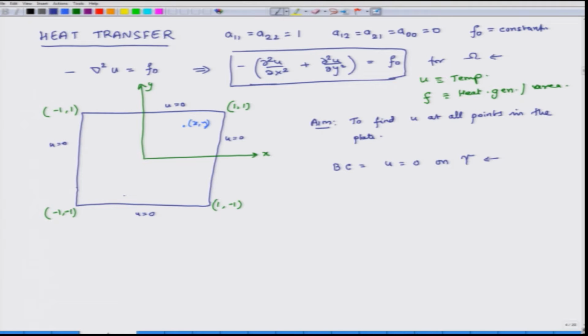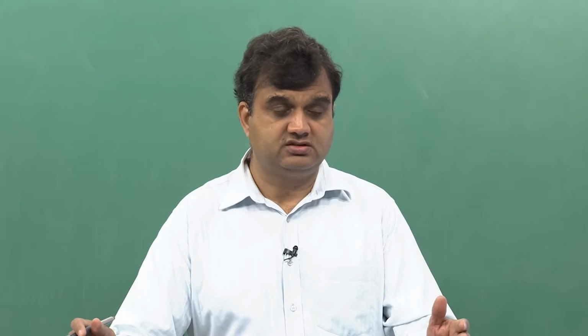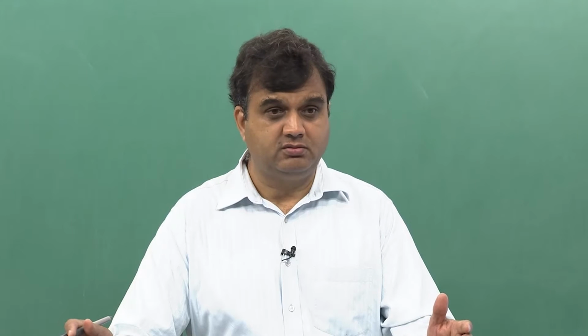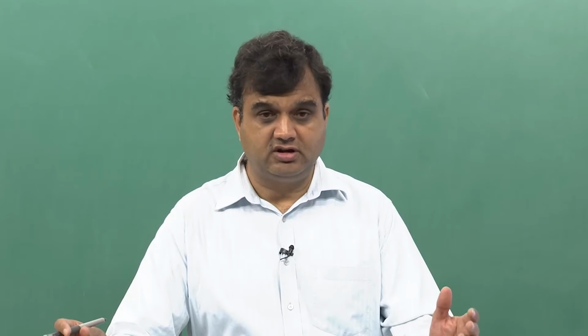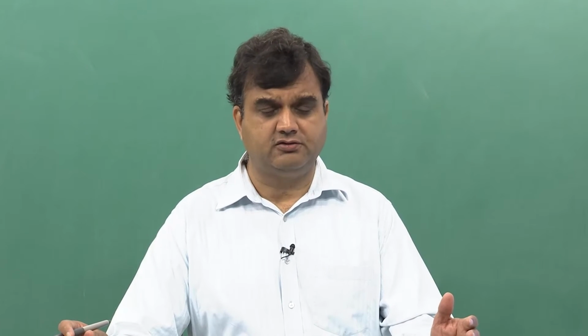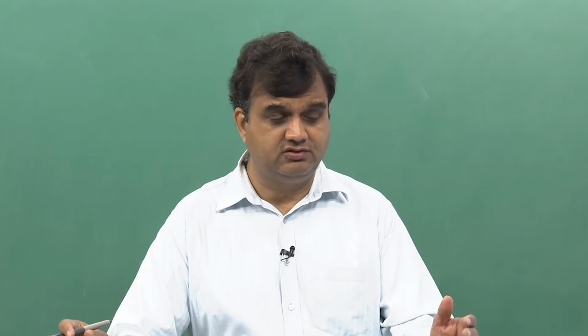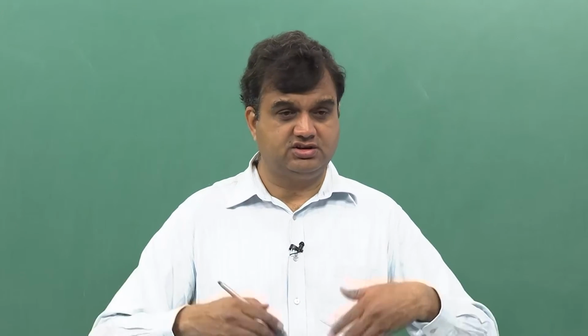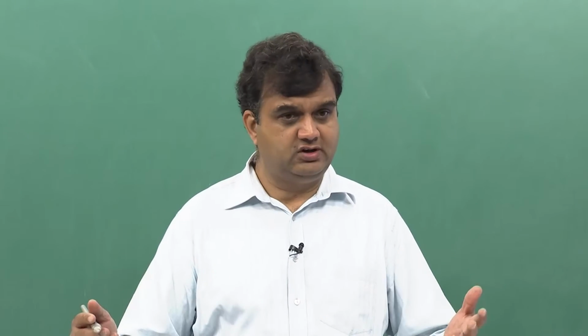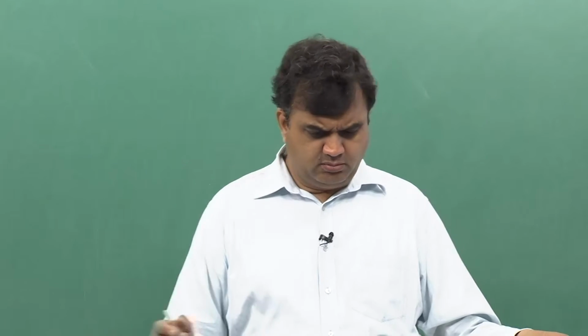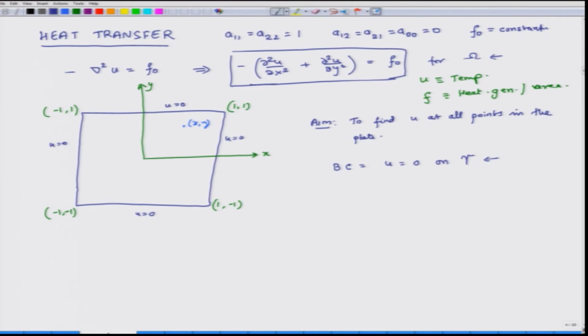What do we do? First step is we discretize the domain into a lot of small elements, then we develop a weak form, then we put interpolation functions in it, we develop element level finite element equations, assemble them, apply the boundary conditions and solve it. In that case we will get a solution, no problem. But for classes of problems, we can also exploit the fact that it is symmetric. So, what we see here is that this is a symmetric problem.